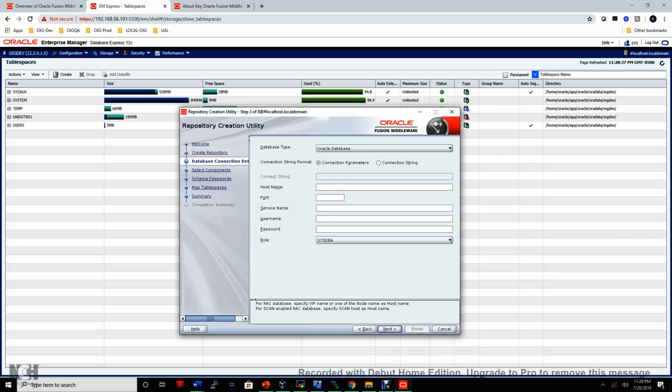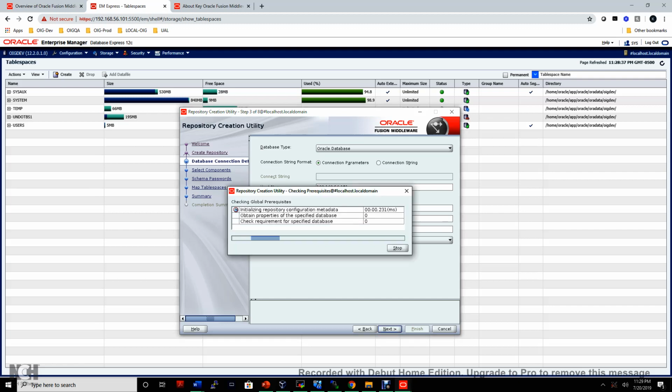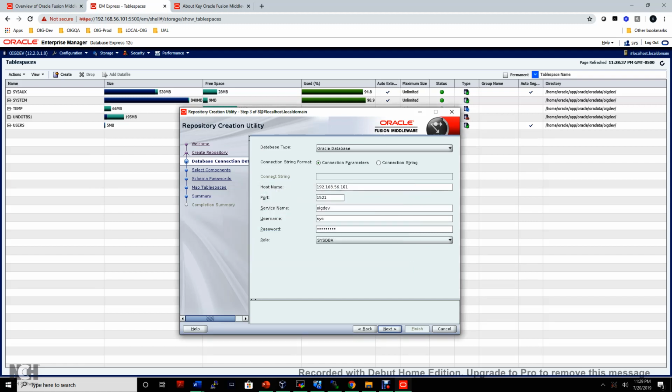As we know, the database is running at 192.168.56.101. This is local. Port 1521. Service name OIG Dell. Username, you have to put it as a sysdba, and whichever password you gave for the Oracle installation. This installation I already covered in my previous video, so if you don't know, then you can check my previous links. Oracle 12C installation database. All right,